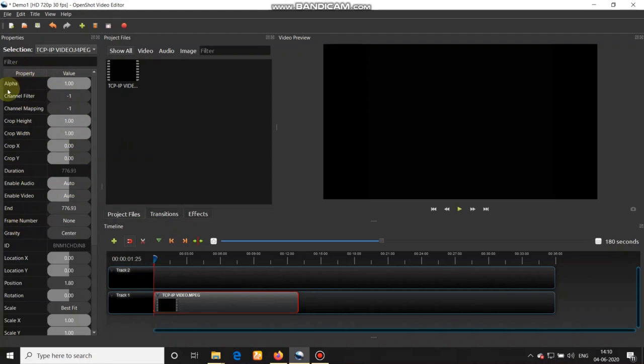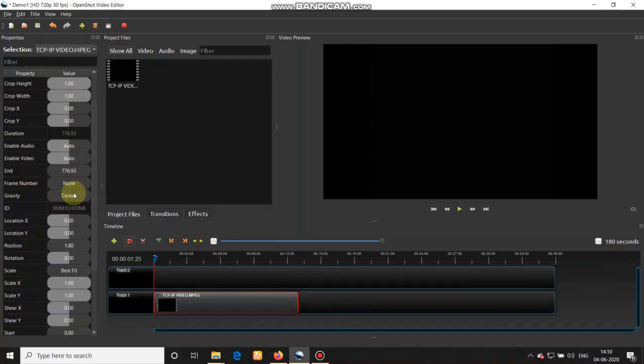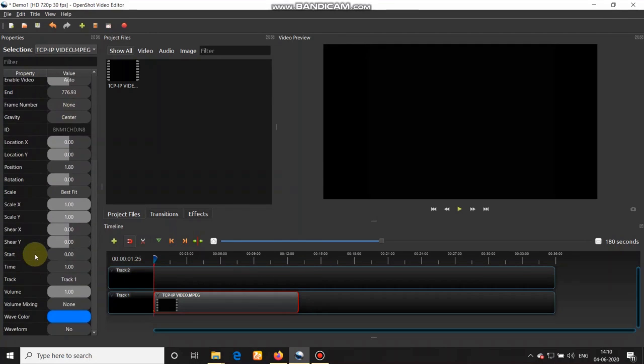The window will pop up at the left hand side and you will find a number of options over here. You have to move to the volume field where right now the volume is 1.00. It means 100%. If you want to increase or boost up the voice, just select 1.00 and edit it.